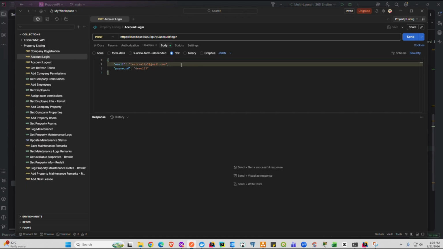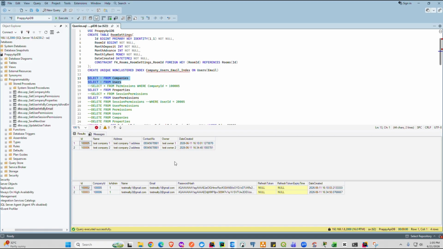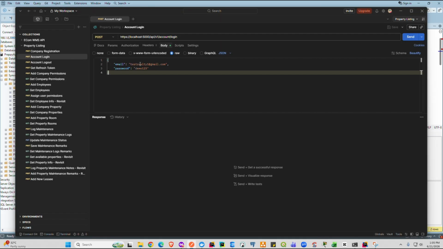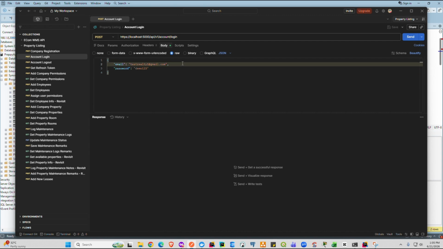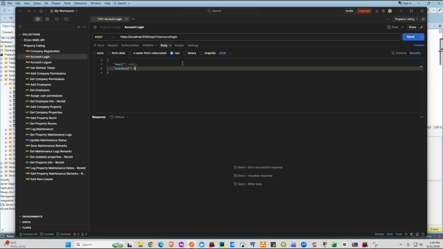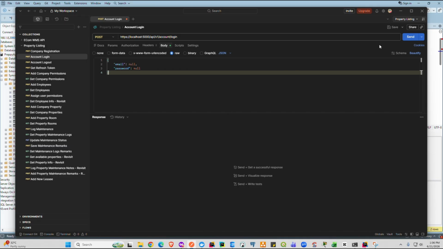So to test, I'll just check first what the existing users are. So for example, test realty one. So let's try this one here. Okay, so we have this one now. Whenever we try to send, let's say, null for both the properties within the payload, let's check the validator first. So if we are going to send this to the backend,